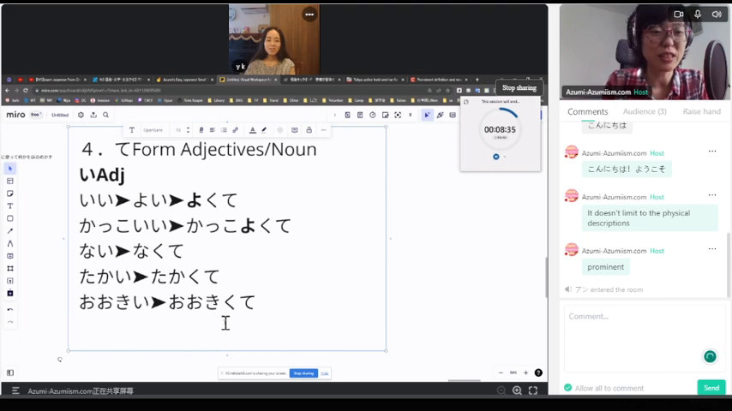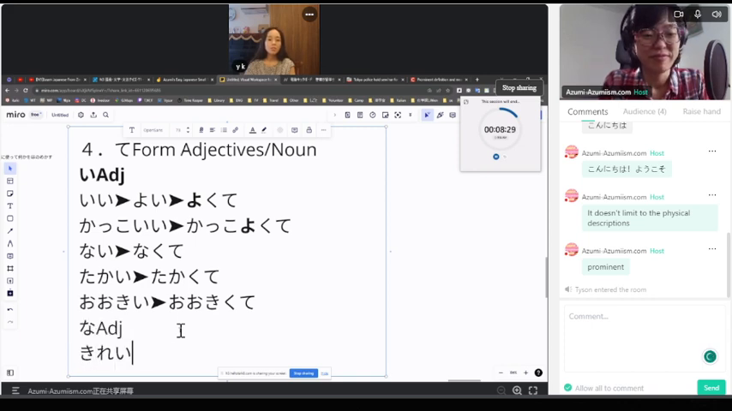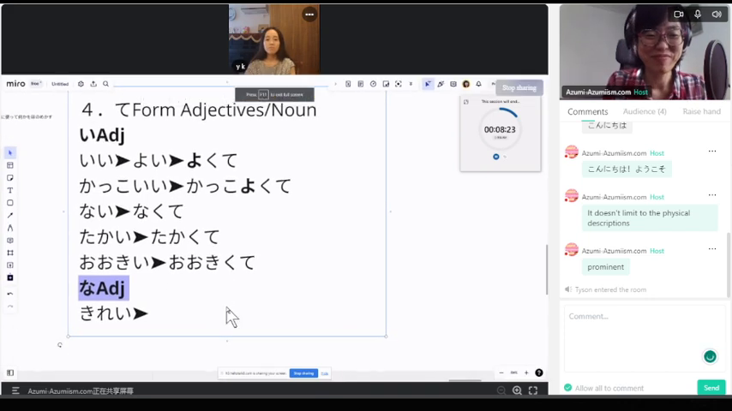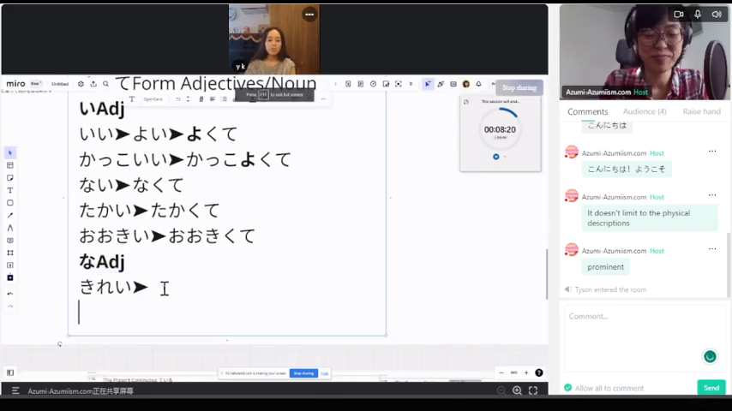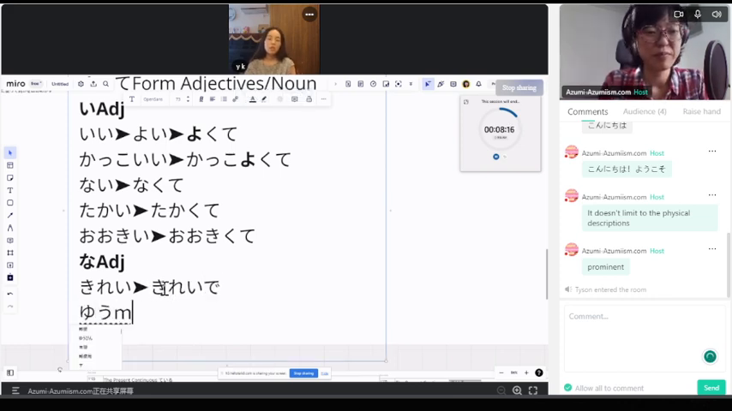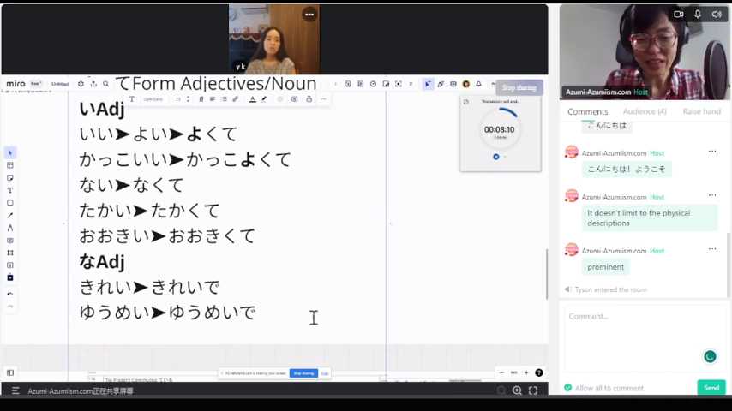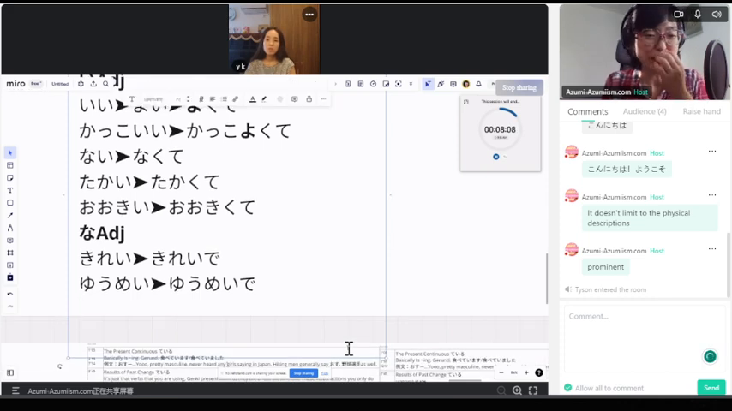なアジェクティブお願いします。なアジェクティブ。きれいな。て form? きれいで。他には、そうですね。有名な。有名で。はい。簡単ですね。